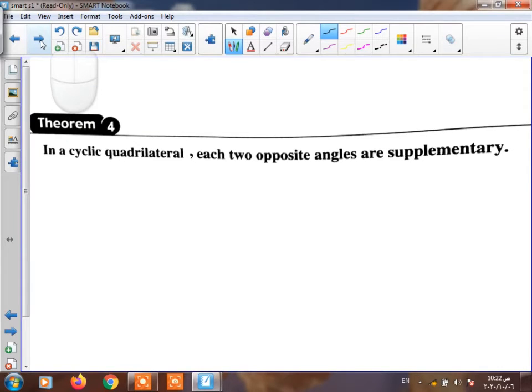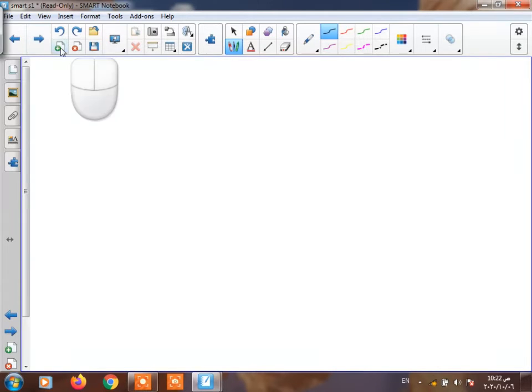Next, we are going to study the cyclic quad. Look carefully, in the little 3 or senior 1. If you want to study the cyclic quad, you must remember something. If we